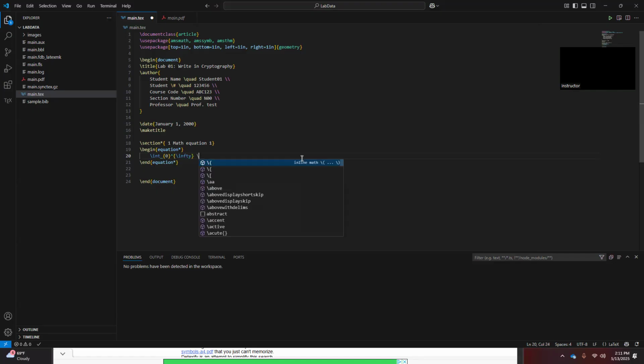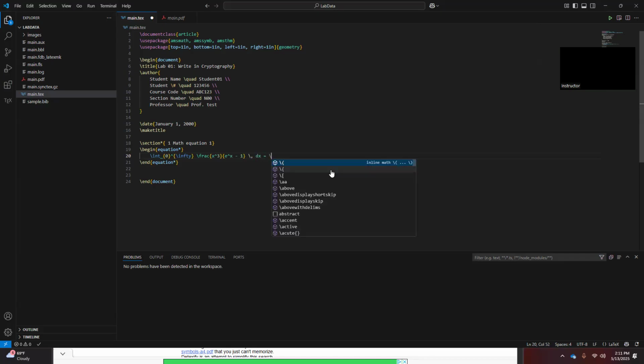Then \frac x raised to the power 3, and then e raised to the power x minus 1, dx is equal to \frac, and